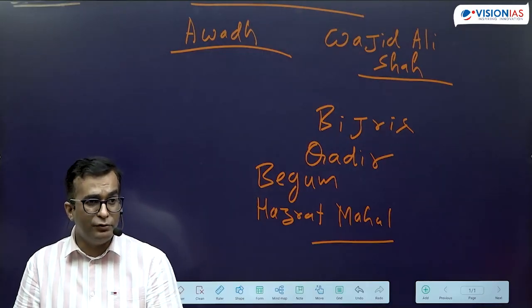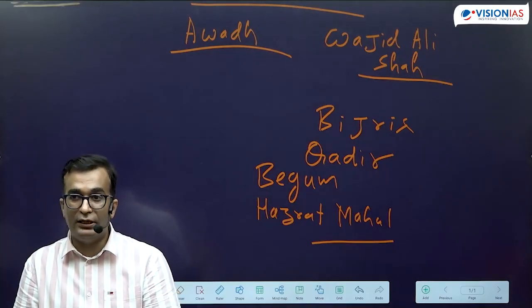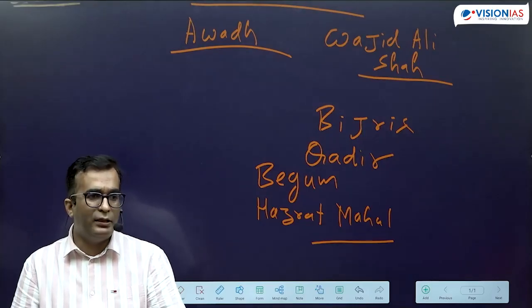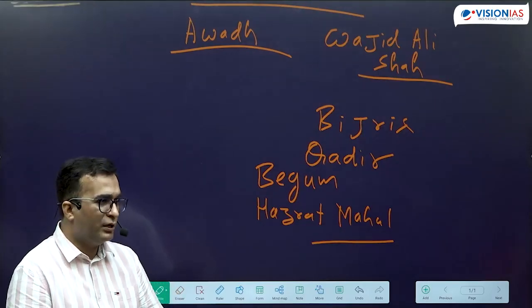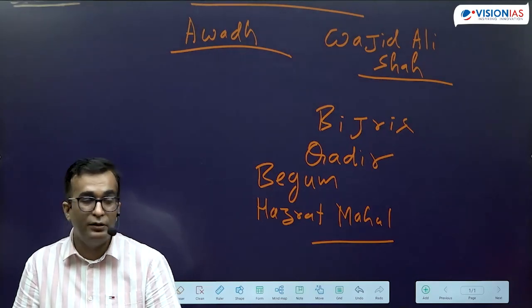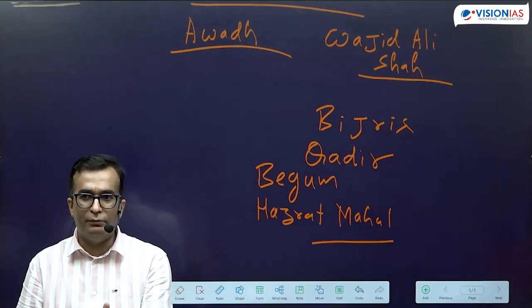After the mutiny was over, everything was suppressed. So then the general who was fighting with Rani Lakshmi Bai, General Hugh Rose, paid homage, and he said that the mutiny of Hindustan had produced but one man, and that man is a woman. This is how he paid homage, and with her death, the revolt came to a final conclusion.